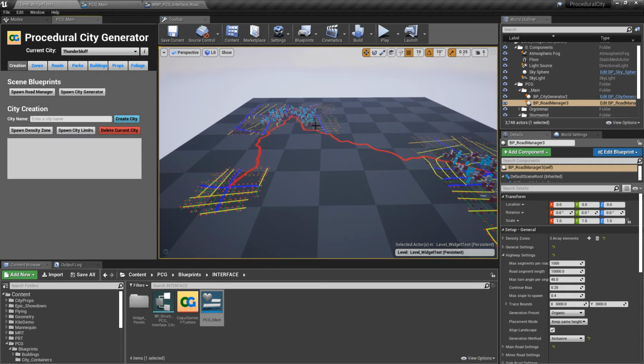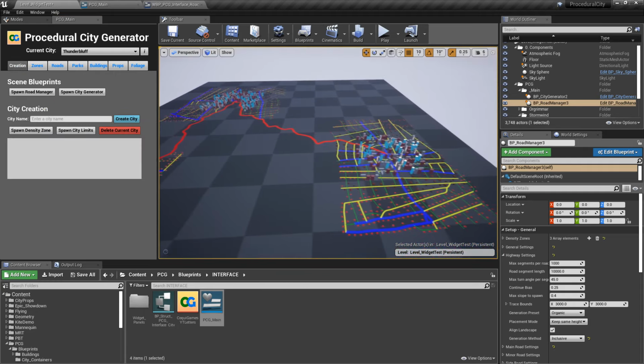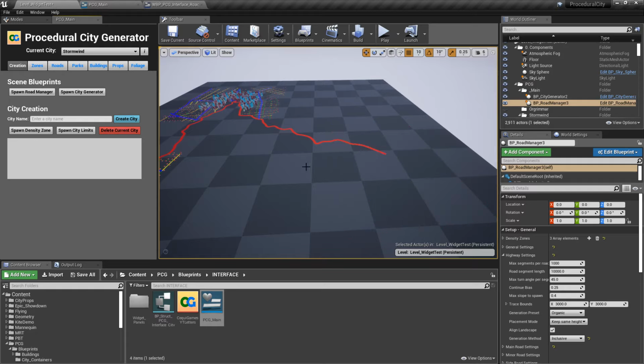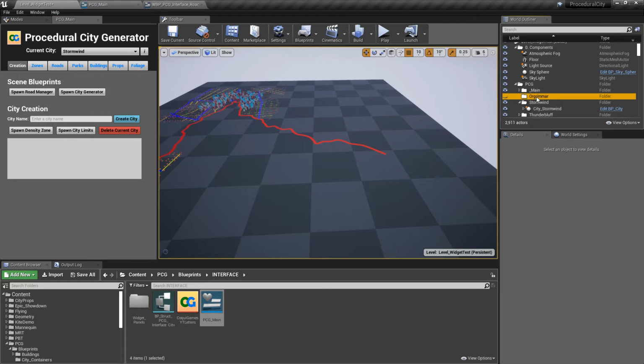You can also delete cities. So let's say that I wanted to delete Orgrimmar. I could come here and select Orgrimmar. And I can hit delete. And notice that I changed the button to confirmation, and I say this cannot be reversed. So if I hover out, then it'll kind of reset. So I have to consciously click it twice. And then everything from Orgrimmar is gone. Except the folder, which I haven't been able to figure out how to do that. So I have to kind of manually do that. And now we're back to Stormwind. So if I want to delete Thunder Bluff,